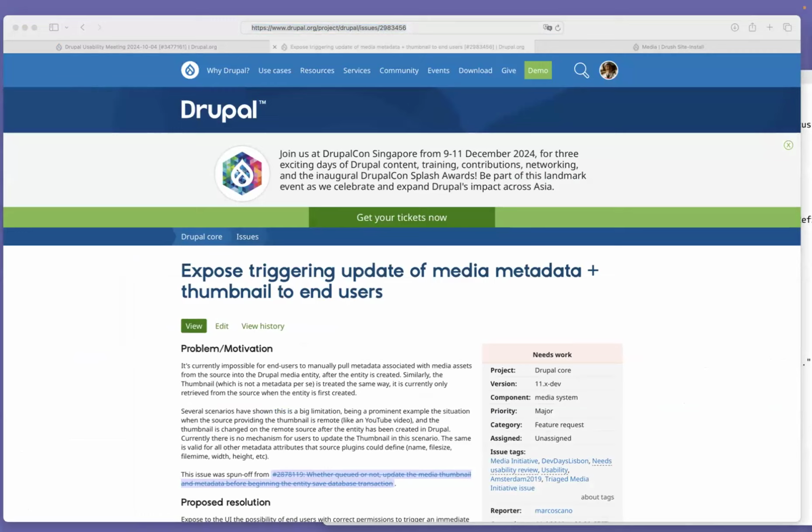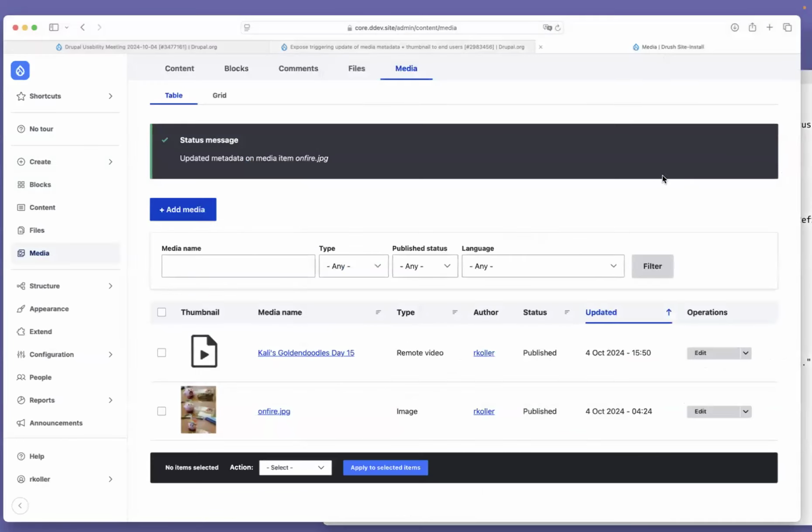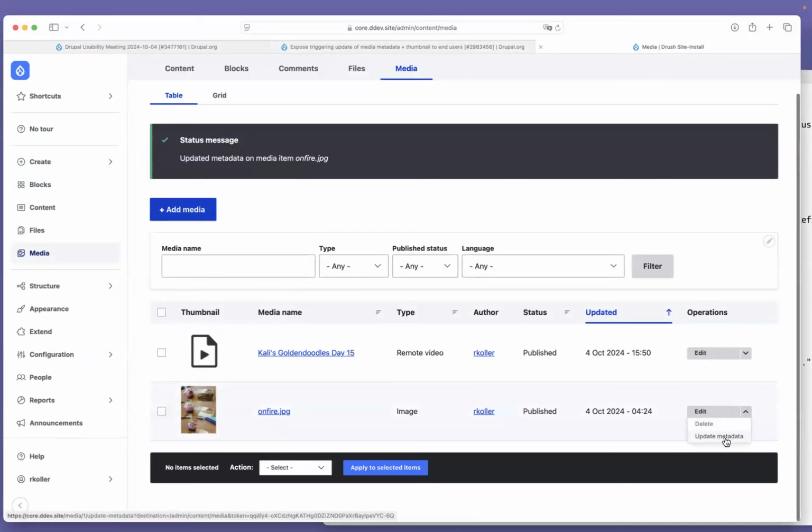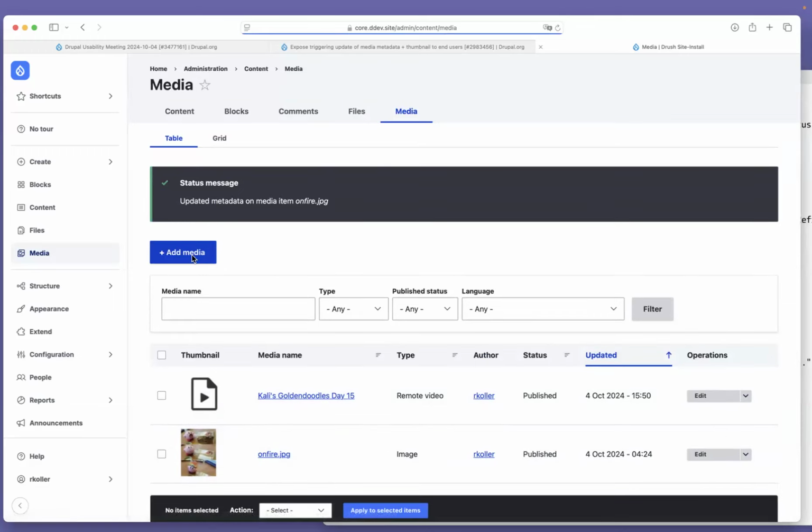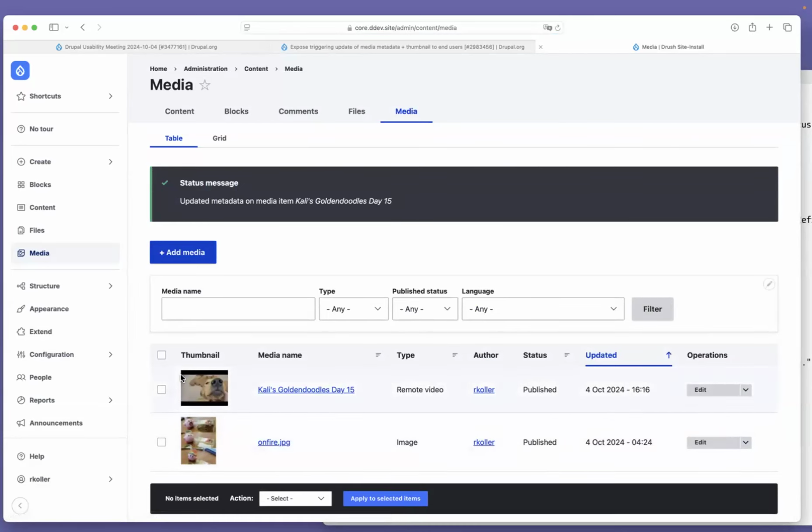I've posted in the chat. It's basically a trigger on here, which is currently called update metadata, and that is triggering an update to either an image or a remote video. If I do update metadata here, as you can see, the thumbnail is getting updated again.